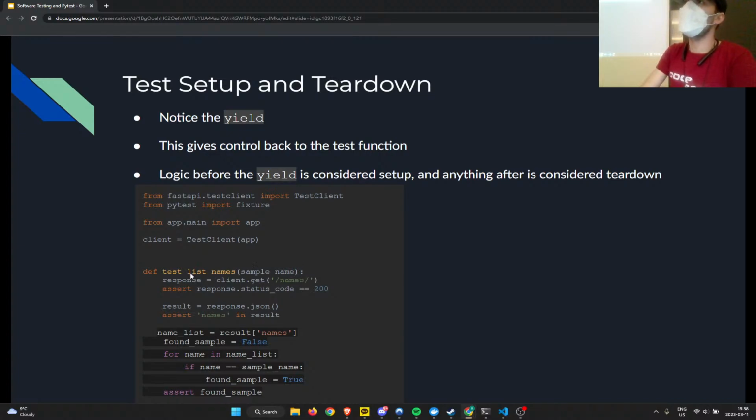They are underscores. It's just that Google Slides is not rendering it very well. So we put sample name, which is the name of our fixture, as an input. And then we're going to add this new logic to check the contents of names and make sure that our sample name is in the list.